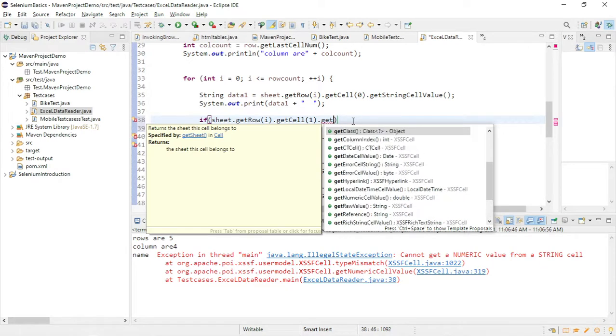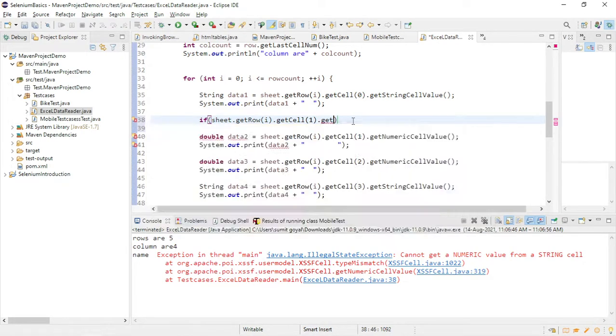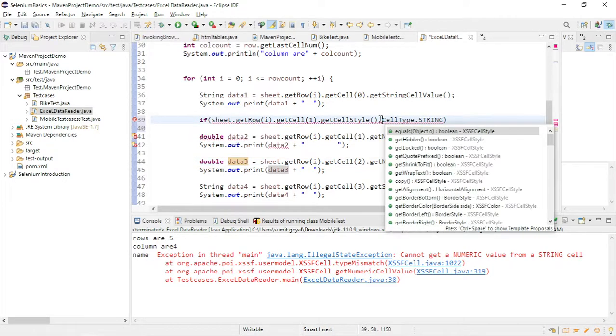Let me check. Get cell type. So it is get cell type equals to dot, or it's okay, cell type dot, let me write. What is the error? I think you have used cell style. Sorry, get style.